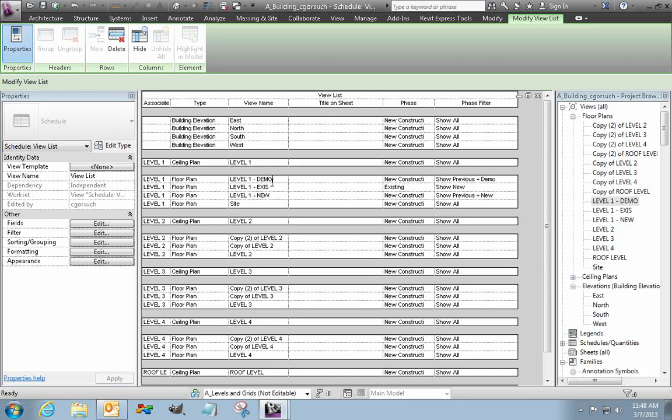If all we want to do, we can sort these differently very easily. Demo level 1, and then existing level 1, and then new level 1. So now we can group things over here. Let's go to